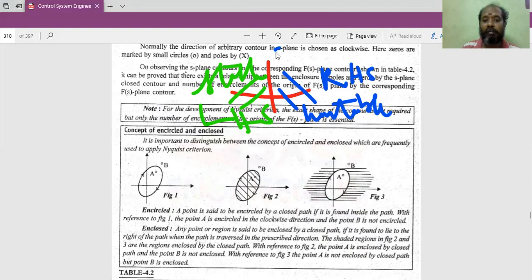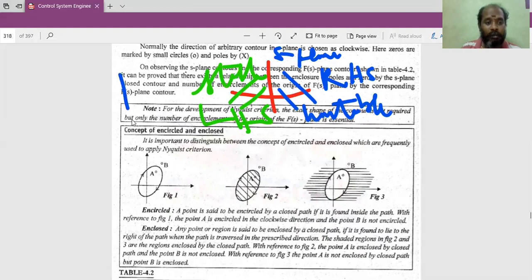Let us say this is an S plane, an XY plot. We say the left hand side is always the stable region, and the right hand side is unstable. So we are worried about the poles in this particular region. If you take a closed contour, that is considering all the points,